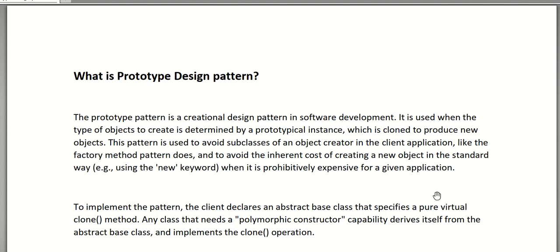It is used when the type of objects to create is determined by a prototypical instance, which is cloned to produce new objects. This pattern is used to avoid subclasses of an object creator in the client application, like the factory method pattern does. In abstract factory, we keep on creating the subclasses of the product as well as the abstract factory, right? For each and every product, we will create its respective factory. So that's why you will see a hierarchy of classes in terms of product as well as the